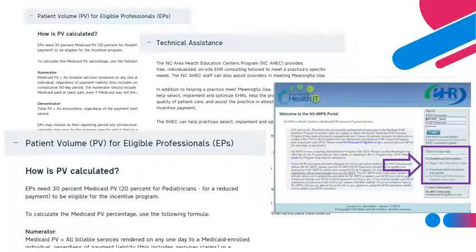There are a lot of PV resources out there to help you. The PV tab on our website has more detailed PV webinars, PDFs, and general information. The attestation guides on NC-MIPS can help during attestation, and we have a PV section on our FAQ page that addresses common PV questions. You can also contact the NC AHEC who have boots on the ground and can provide more personalized attestation assistance. See the Technical Assistance tab of our website for their contact information.